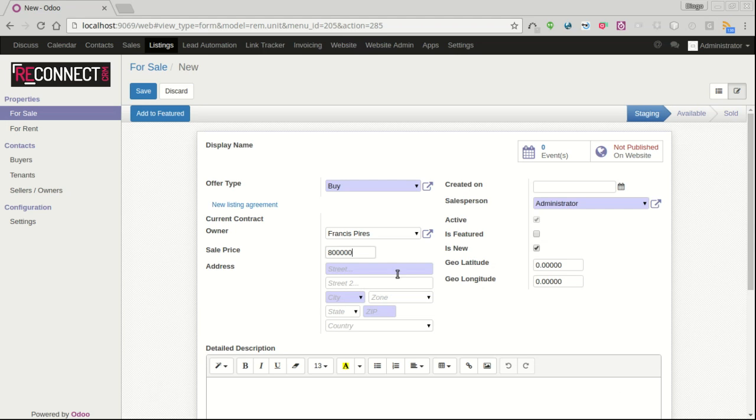800,000. Street, let's say street and city, Malibu. Now the state, California. 5, and when you get to the country,